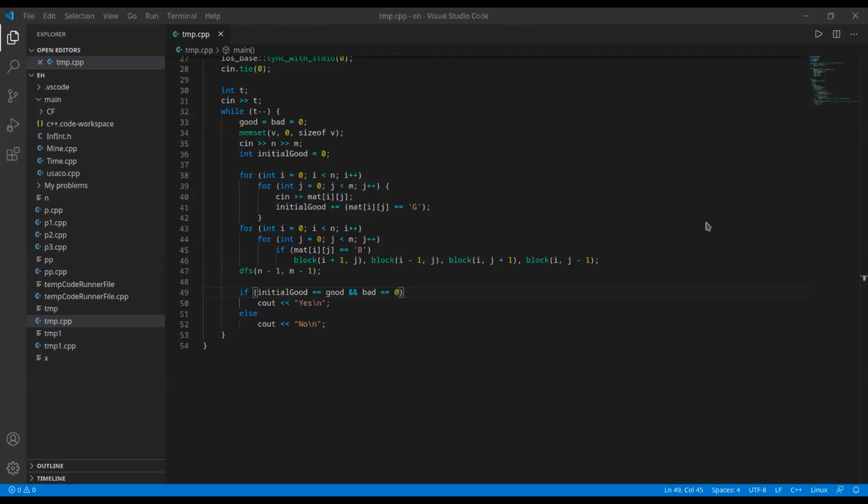Actually, do you all see the sent? Okay, I'll send it again because it seems that it's not sent. Okay, so here I sent two links. The first one is the submission for the last problem. The last one is the new problem. We'll be solving it now. So read it and make sure to understand it.